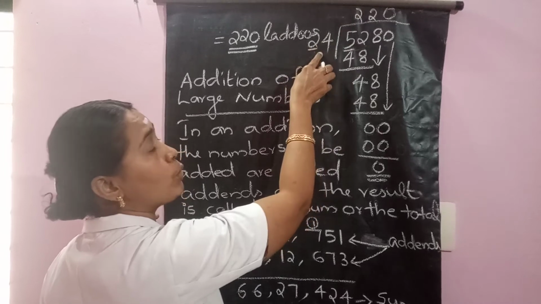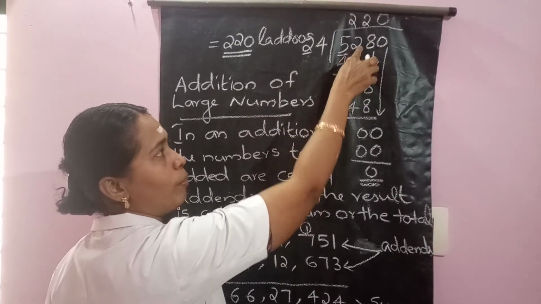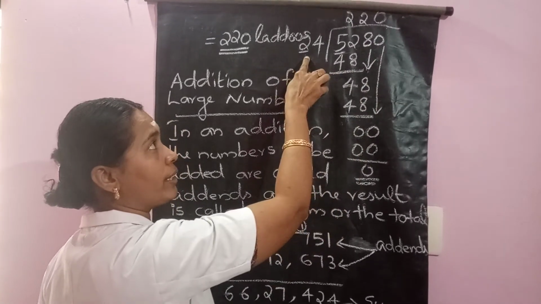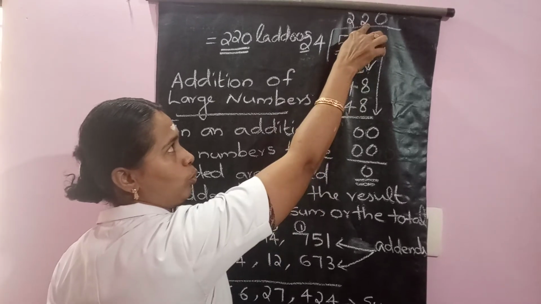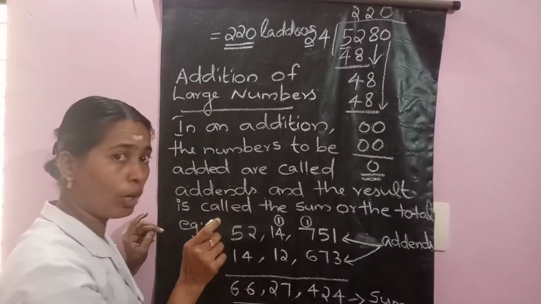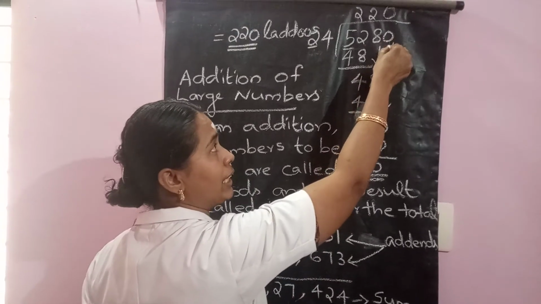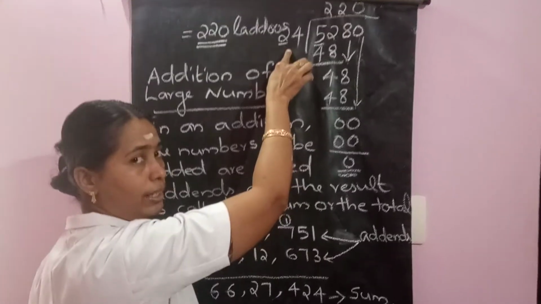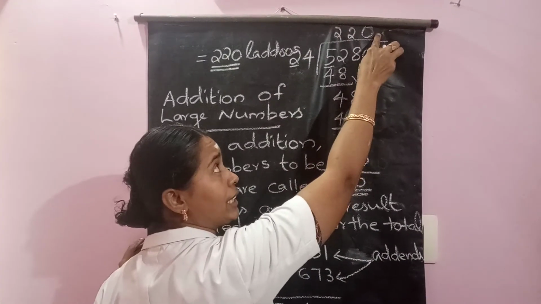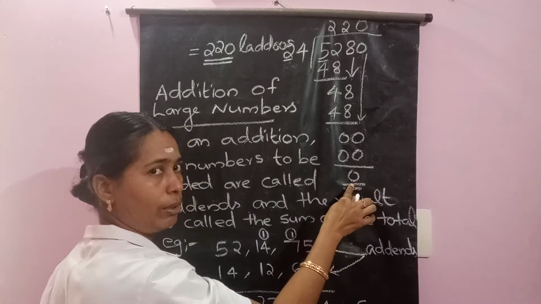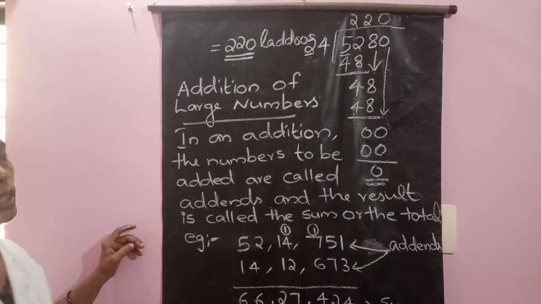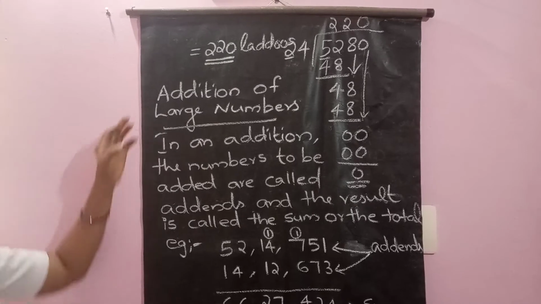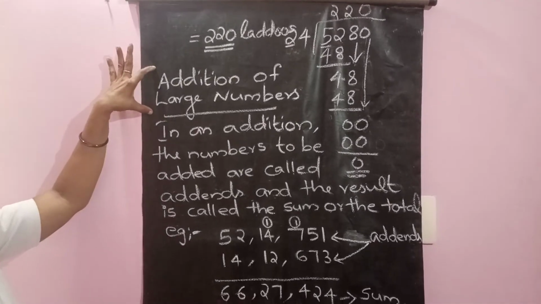Multiply this 2 by 24. We have 48, so balance 4. Bring down this 8. 48 now. In 48 again how many are there? Already we got in the previous case it is 2. So 2 times finished. But you can't stop the division. Why? Because 0 is one of the digits. So you bring down 0. Then think about how many 24s are in 0. 0. So write 0 on the top. Then complete the process. So how many laddus in each box? 220 laddus.